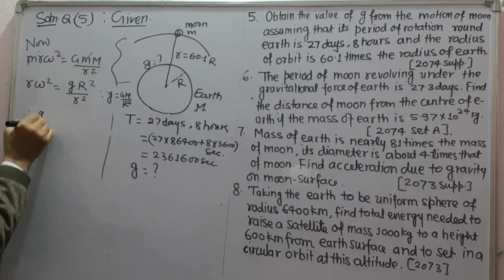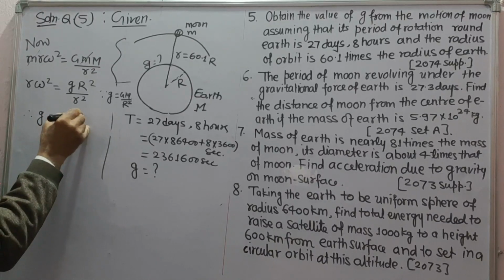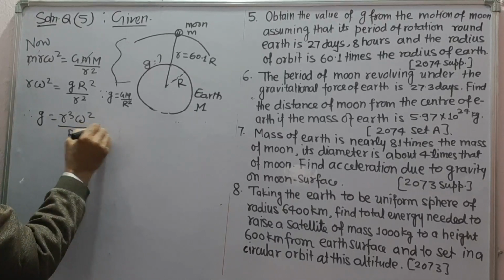So, small g will be equal to r cube omega square upon R square,